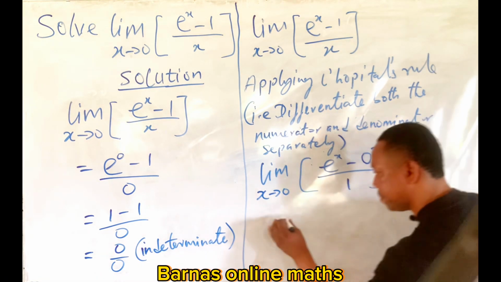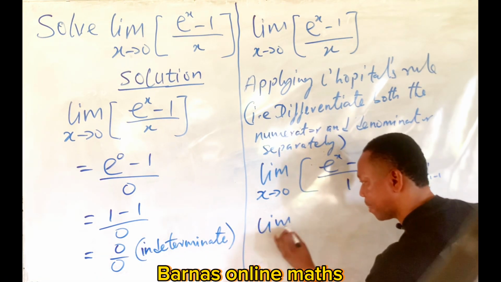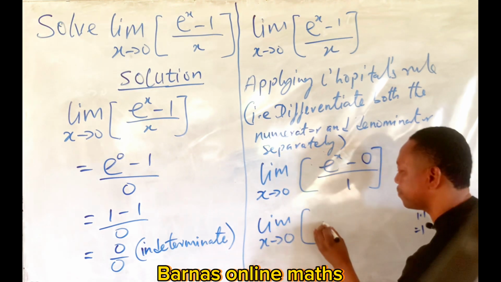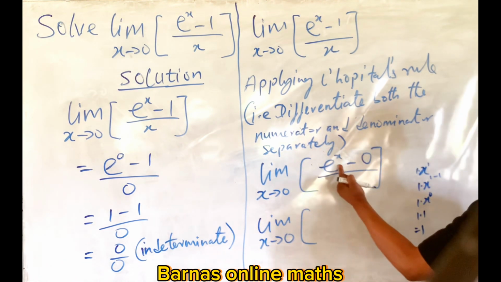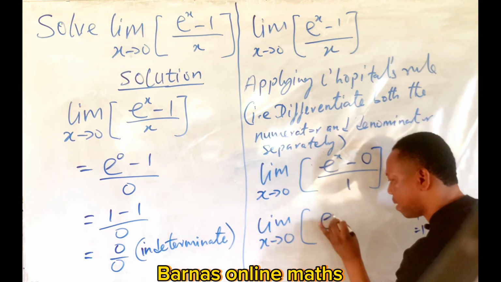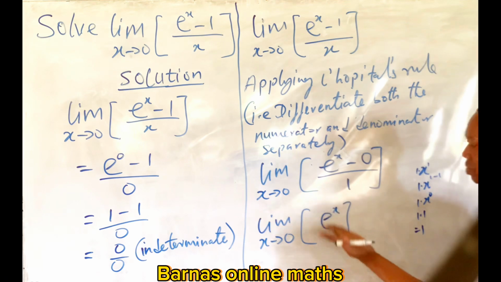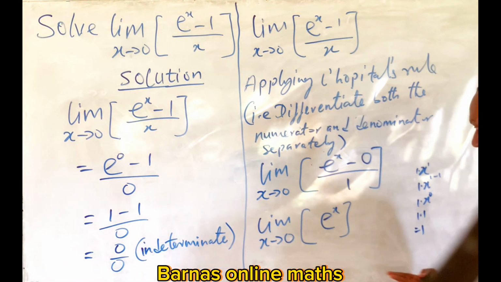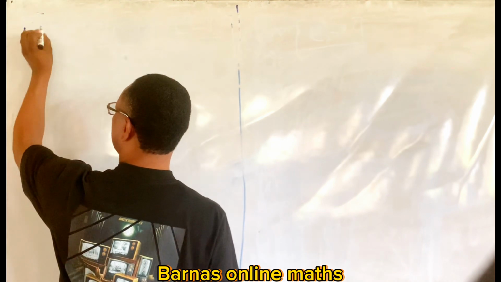Therefore, this simply becomes the limit as x approaches 0 of e to the power x minus 0, which gives us e to the power x divided by 1, which will still give us the same thing. So the next thing is for us to take the limits. Taking the limits,